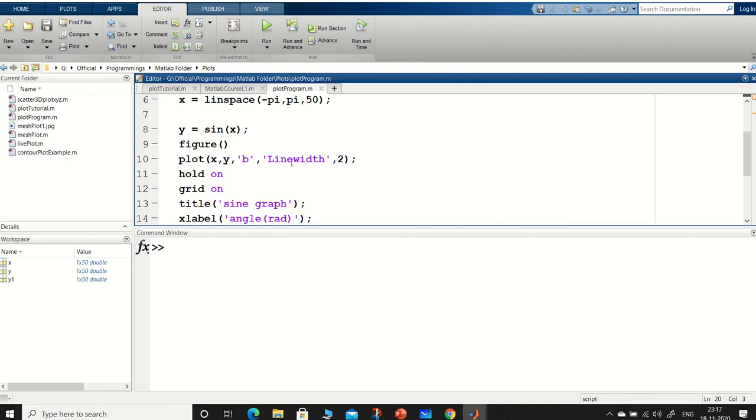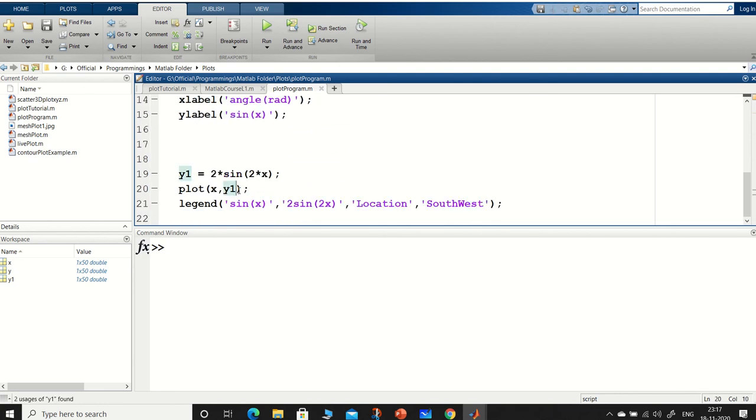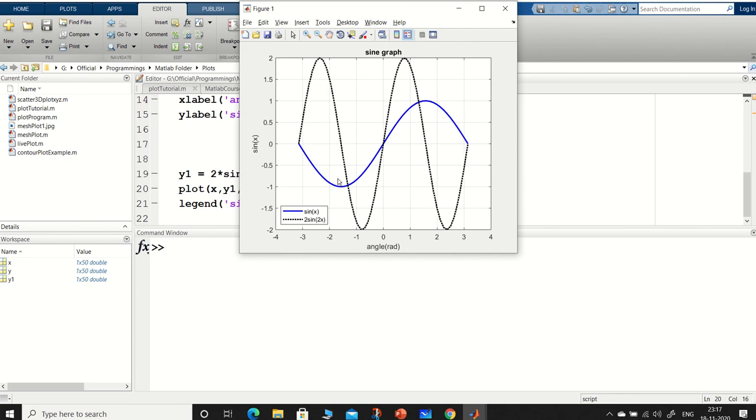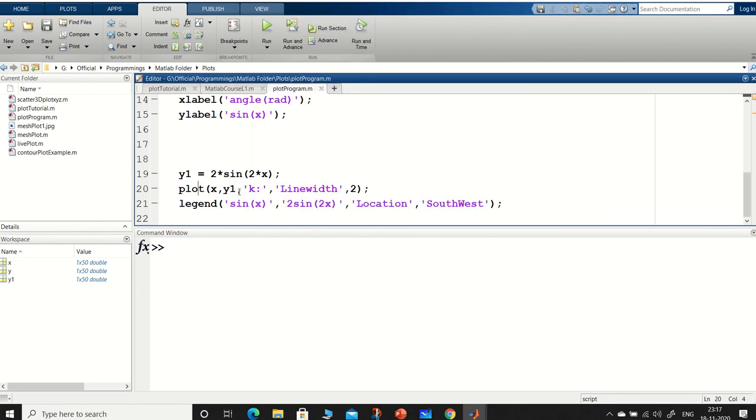And same way we could have put line width 2 for this one also, and we can put it like this. And then suppose we want it to be black color purposely, and then we want it dotted. So these things we can write on our own. So see, dashed and then the right color. So alright guys, we have studied this. One more method to plot two figures in the same graph is something like this. So let's do that as well.